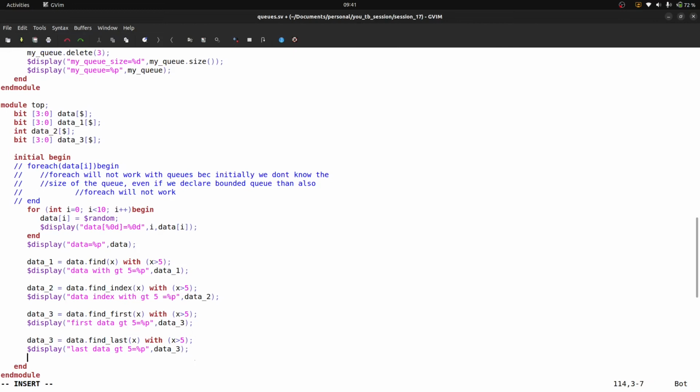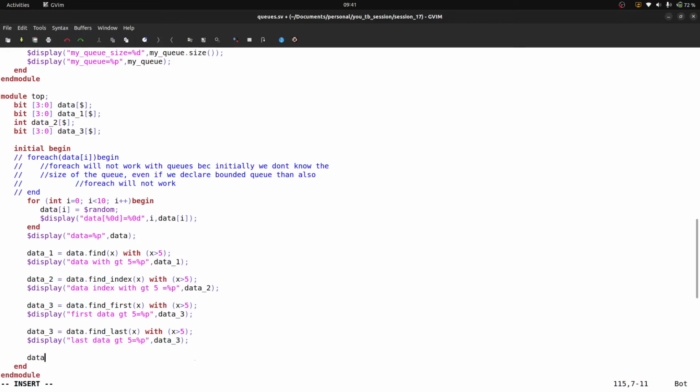Okay, next one is data_2 is equal to data.find, let's say last_index x with x is greater than 5. So what is the difference between this and this?